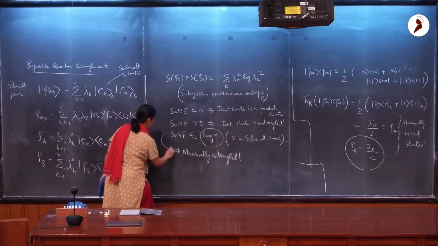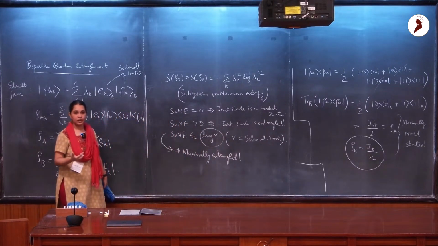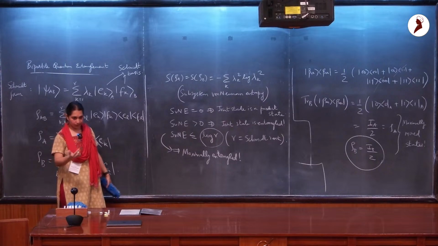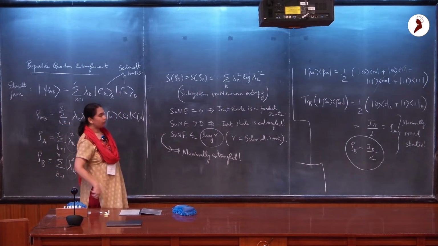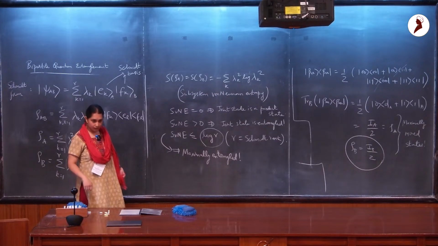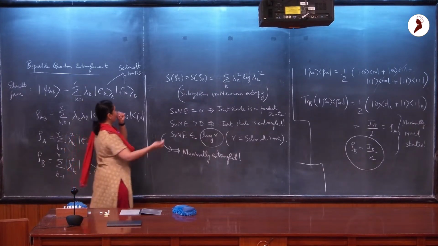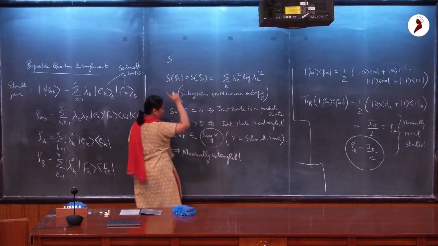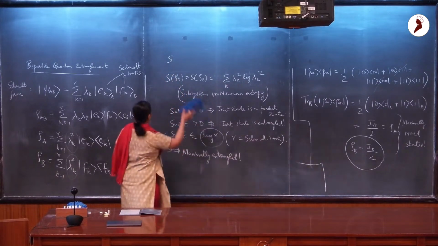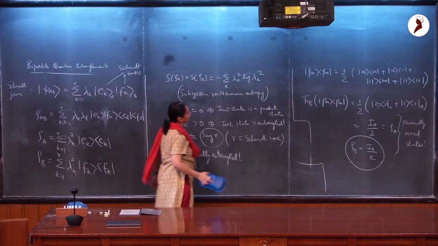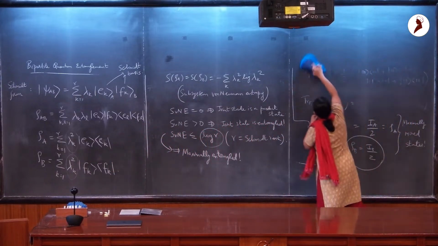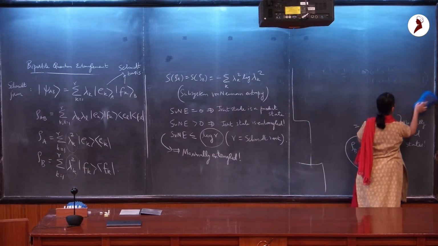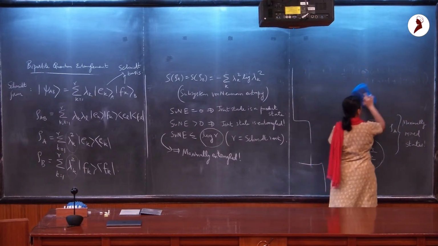So this is the case when the joint state is maximally entangled. Sorry, do I understand correctly that no matter what the nature of the joint state is, the entropies of subsystems are always equal? Yes, yes. So indeed, if I have a pure bipartite state, let me state this theorem. It is indeed one of the so-called properties of the von Neumann entropy, that if you have a pure bipartite state,